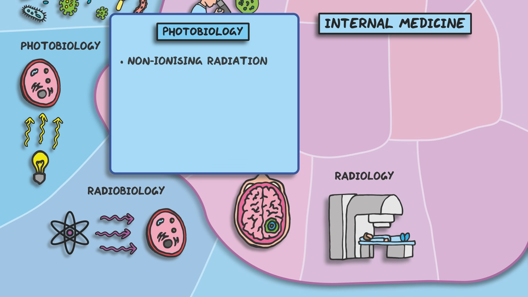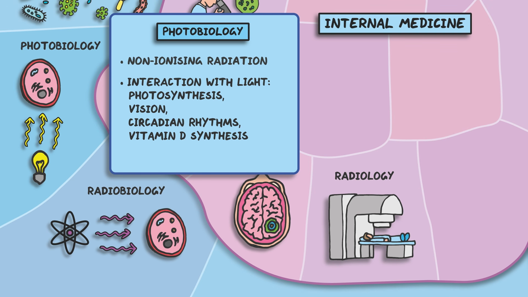Photobiology involves the study of how organisms from bacteria to humans interact with light and how these interactions can affect their physiology, metabolism, and behavior. This includes the effects of light on photosynthesis, vision, circadian rhythms, and vitamin D synthesis, amongst others. Clinical examples include phototherapy on newborns to help treat jaundice, or photodynamic therapy, which uses photosensitizing agents and light to